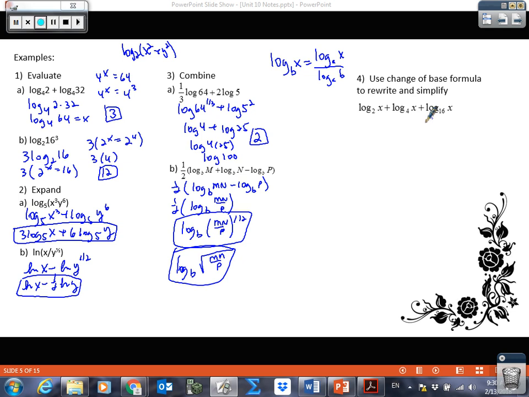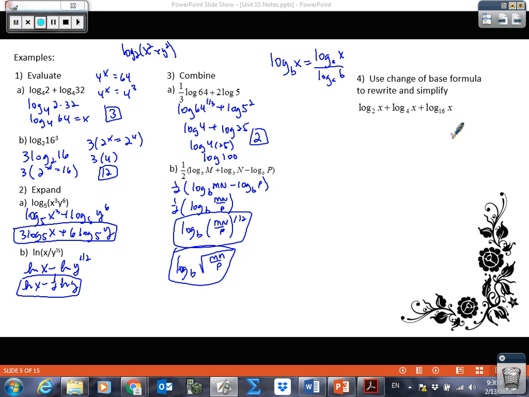Let's look at these and think, well, what base would be convenient for us? Sure, I could turn them all to base 10, but how is that going to help me at all? I would just have log base 10 of x over log base 10 of 2. It really wouldn't help shrink anything. So we really need to look at the bases and see what would be best. I have a 2 and a 4 and a 16, and I don't even have to use 2, 4, 16. I can use anything. But it looks to me like base 2 would probably be the best bet for us